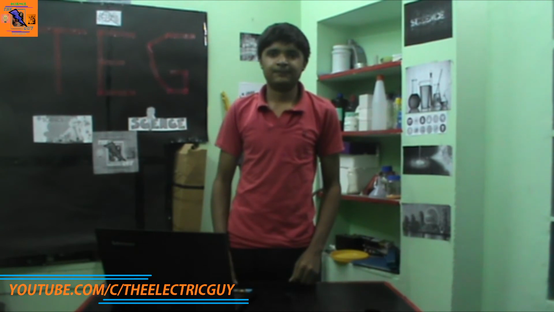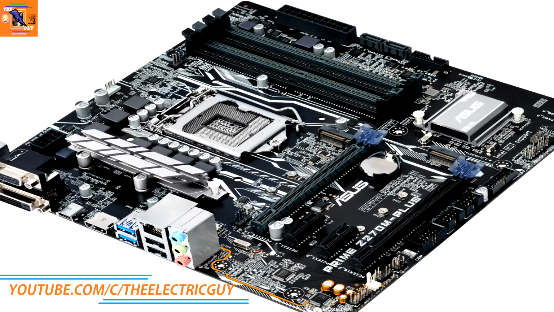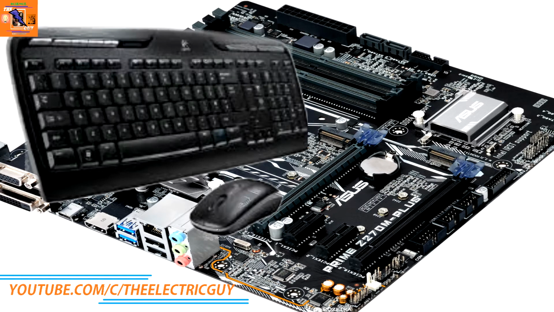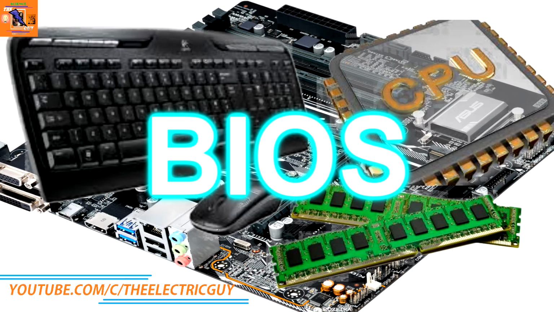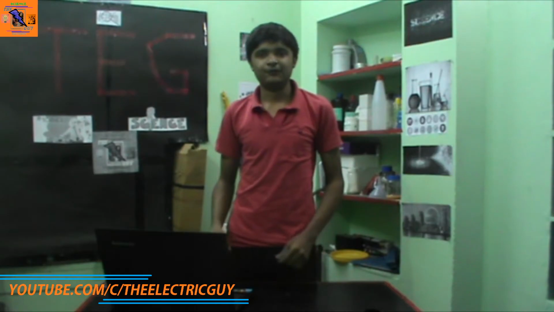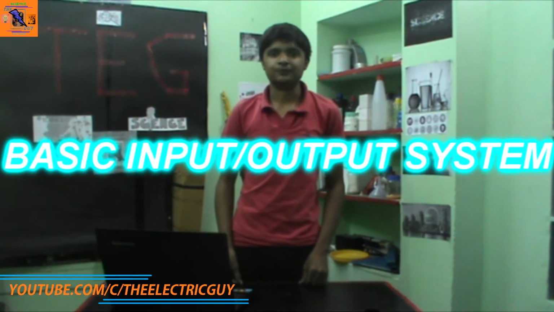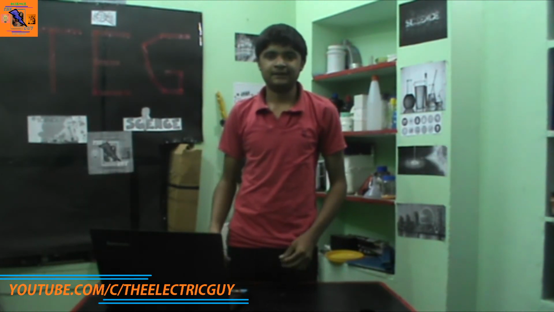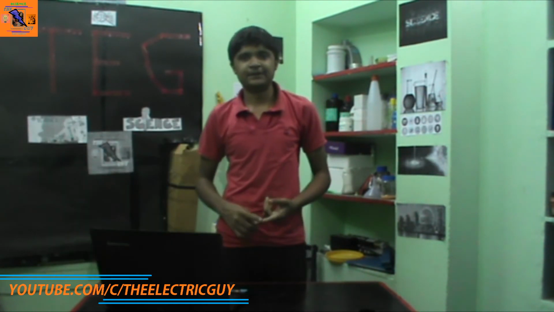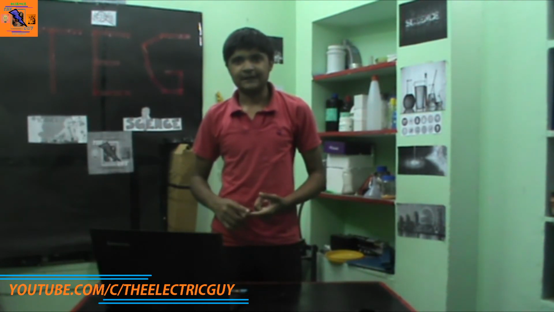In this way only, your motherboard is programmed to utilize different components like your mouse, your processor, your RAM, and keyboard attached to it, and this system is called as BIOS. Its full form is Basic Input Output System. It boots your operating system from the hard drive and handles the data typed with the help of your keyboard and mouse, with the help of processor, graphic card, and RAM, and displays its output on the screen.